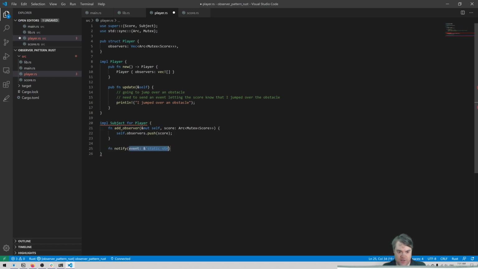We're also going to have a function notify that takes self, and then an event that is going to be a static string. We're not going to return anything. Instead, we're going to loop through all of the observers and call that method on each, which doesn't exist yet, but it will. So we're going to do for observer in